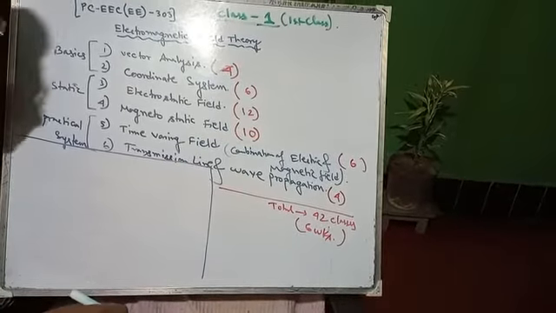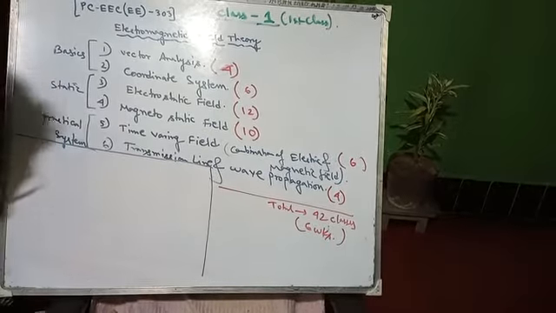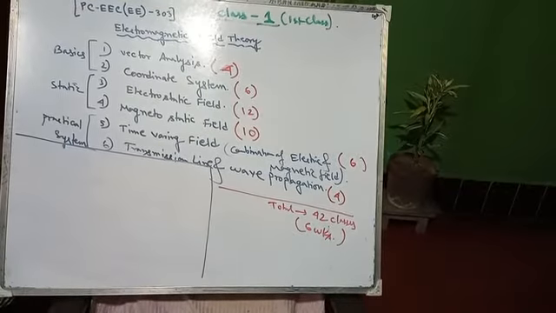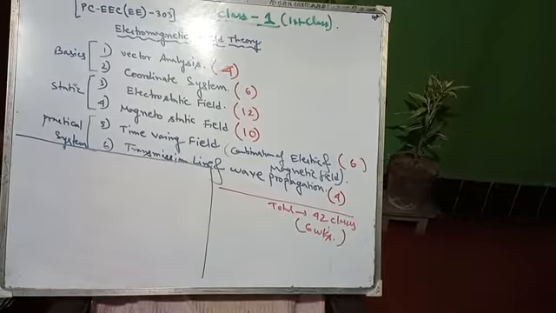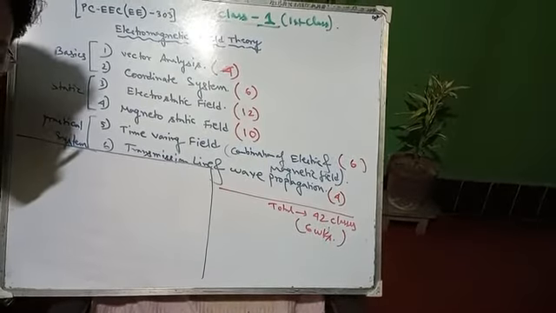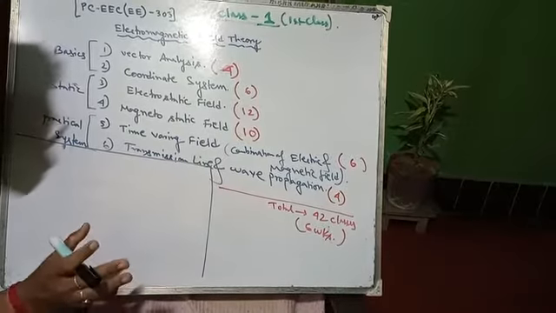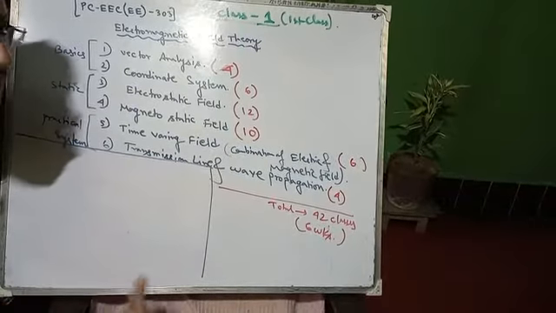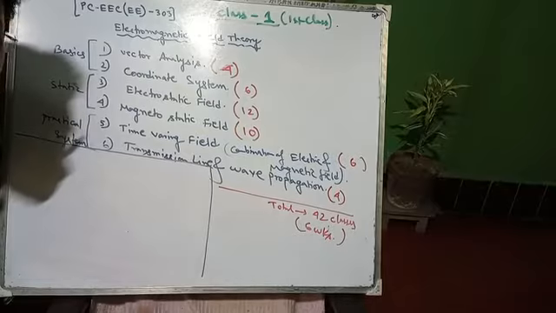So what are examples of vectors? It may be distance, velocity, acceleration, weight, or force. These are all vector quantities. So how is distance taken as a vector? It is assumed to be a vector. Why?